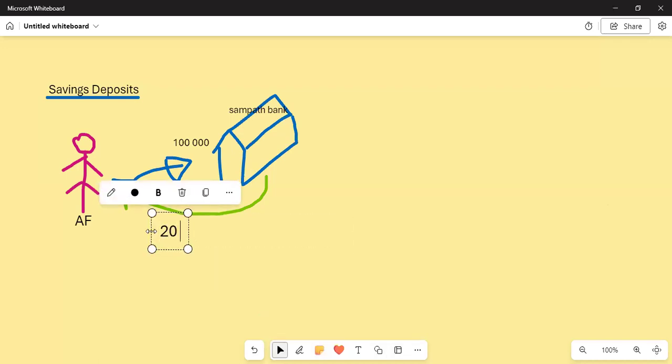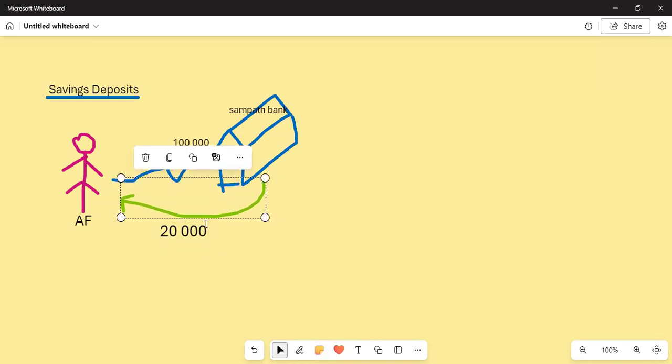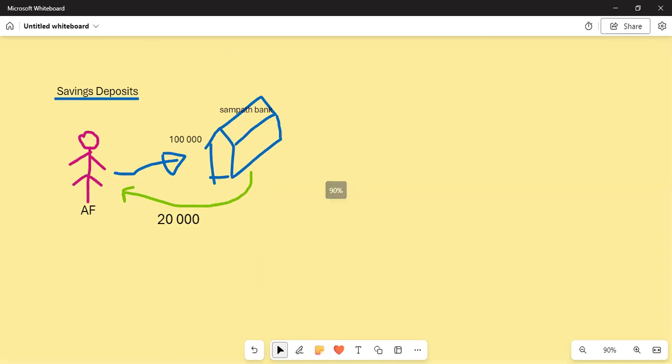I can go and withdraw 20,000. Say now I have to give the tutes for the students, so I go and withdraw 20,000 rupees. So I am having only 80,000 left in my account. That is what you call a savings account. Savings accounts work like that. Did you all understand? Therefore, what is a savings account?